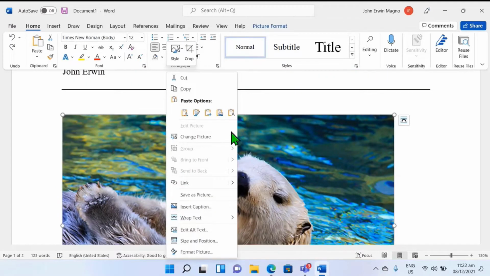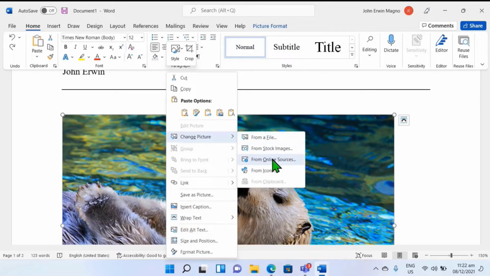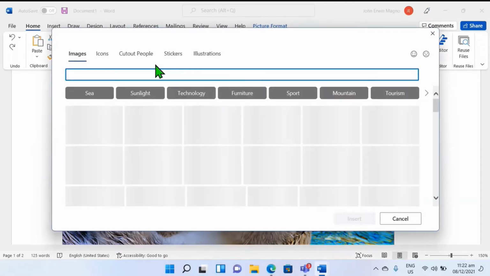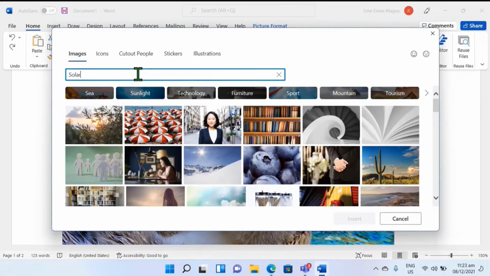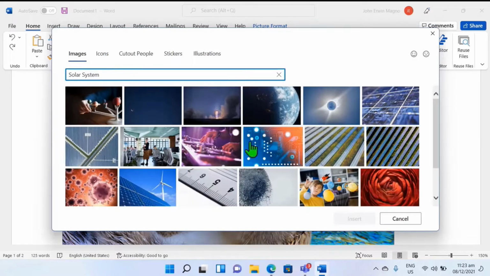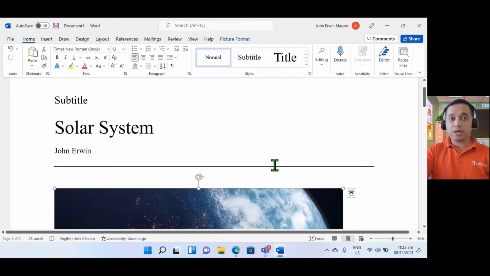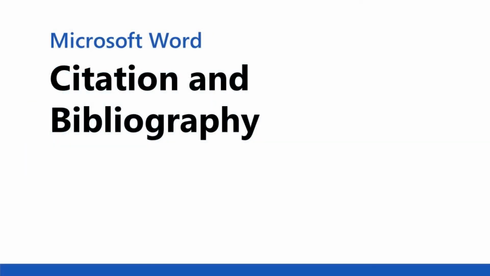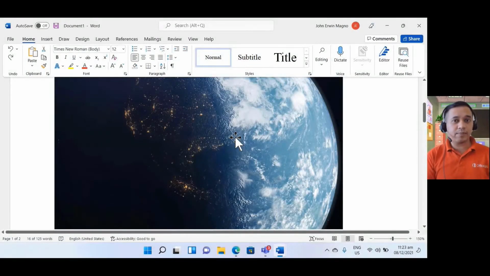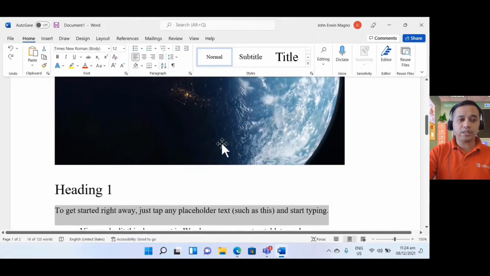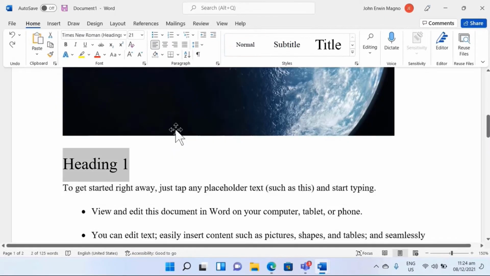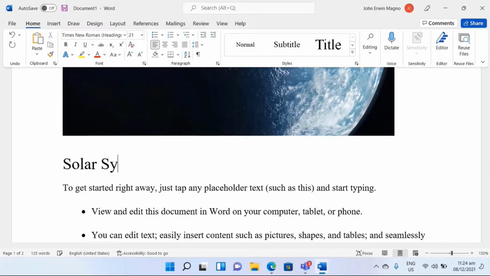I'll right-click onto the image, select on change picture, and then I can do a stock image if I want to. I can type here solar system. From here, I'll select the Earth picture, and then click on the insert button. So there you go. You already have your first part of your documentation. So what I have here is already the planet, and the next thing that I need to do is to enter some of the details about my research. So since my title is about solar system, probably I can do an introduction about the solar system in this